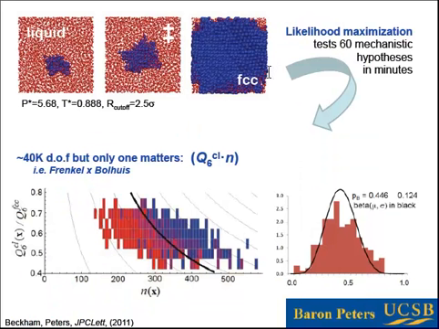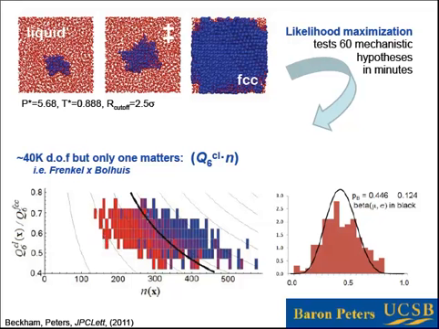So the results of that are that we have these 60 mechanistic hypotheses. We can test them all in minutes using the aimless shooting data that we already saw once before in the talk for this Lennard-Jones nucleation problem. And what we find is that people were thinking about the right things. Frenkel had a pretty good nucleus size coordinate, but it wasn't really quite good enough on its own. Ballhaus had a good structural coordinate that also wasn't very good on its own. But when you combine these two things in this nonlinear fashion, you get a coordinate that does a pretty good job of describing what is a product and what is a precritical nucleus.